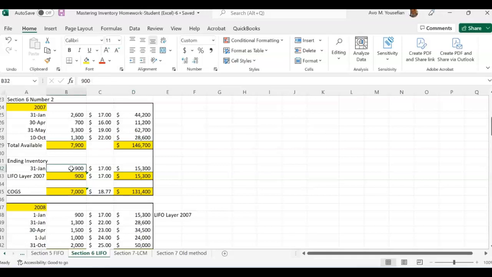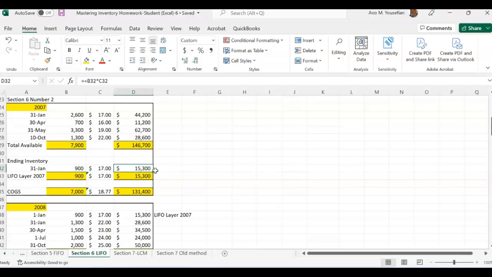The 900 units ending inventory is coming from, because remember, this is LIFO, the last in, first out. So those are all gone. The bottom layers, all gone. The top is left. So let's go to the top. So here we say equals 900 units, which is coming from right at the top. And the cost is coming from here, which is $17. So 900 multiplied by $17, and that gives us